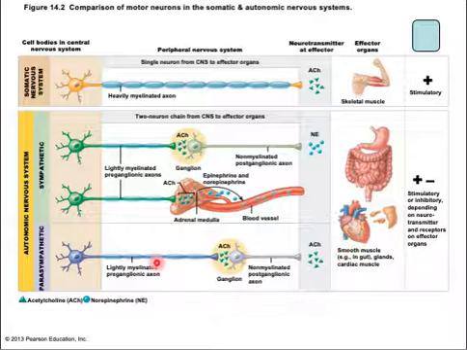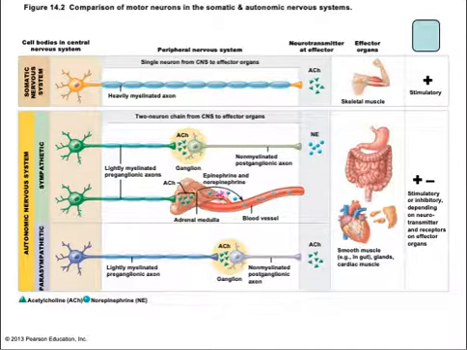Okay, another difference between the parasympathetic and sympathetic divisions is that in the parasympathetic division, the preganglionic axon is very long and the postganglionic is very short, and that is flip-flopped in the sympathetic division. An exception here is a preganglionic neuron that innervates the adrenal medulla, okay, which causes neurosecretory cells here to release epinephrine into the bloodstream. Okay, so this is an example